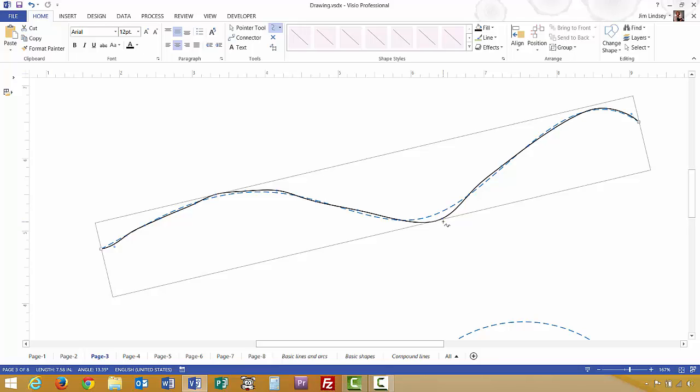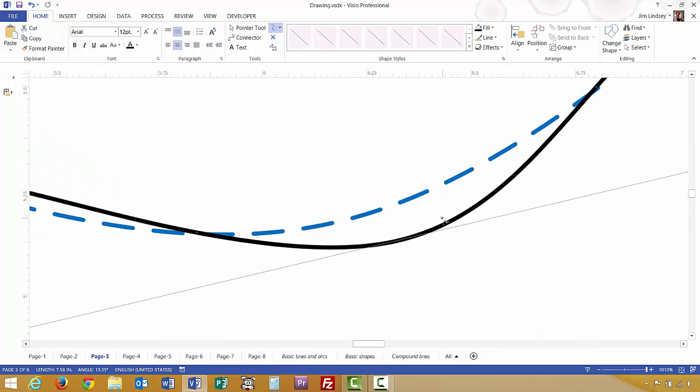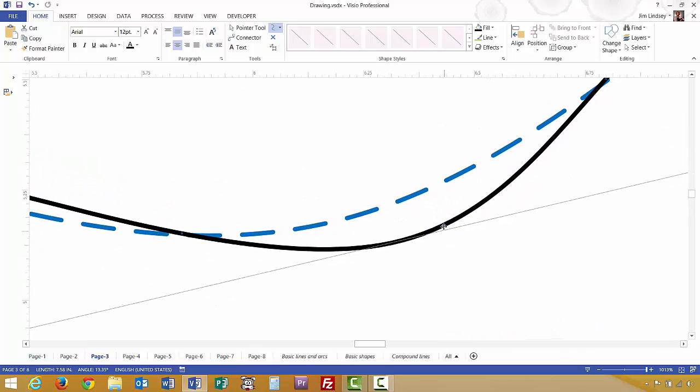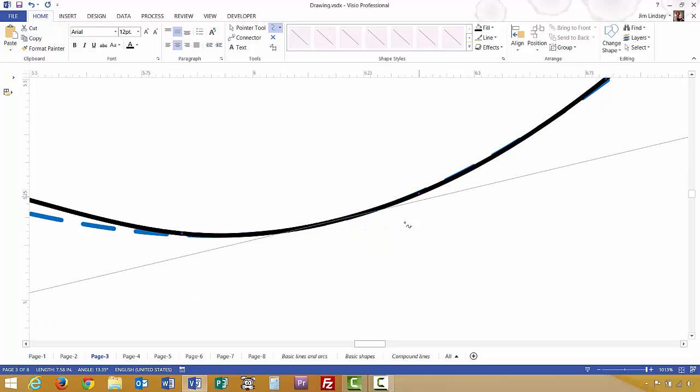I'm going to zoom in here further. There are little blue dots, and if you hover over the top of those blue dots, those are called vertex points, V-E-R-T-E-X, vertex points. You can move those. And so with your pointer tool still active, let me undo that. With my pointer tool still active,